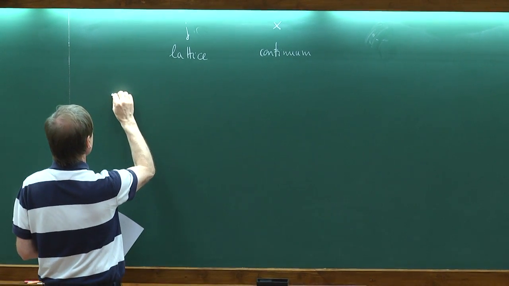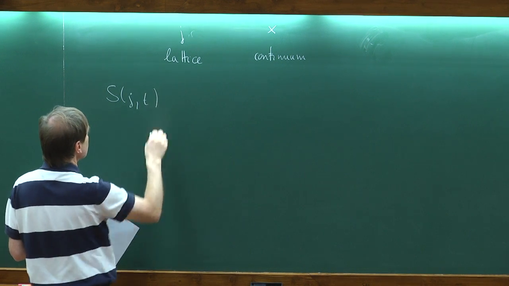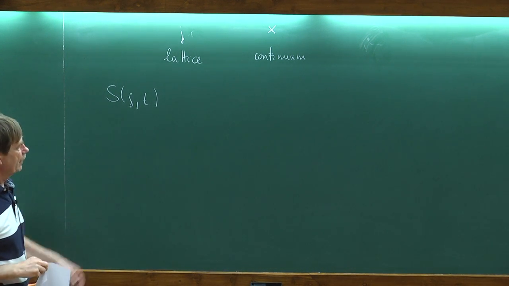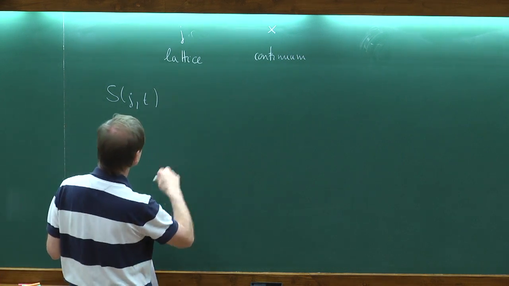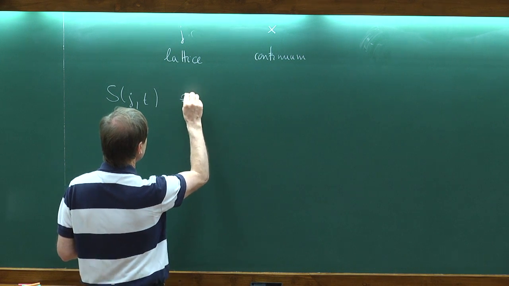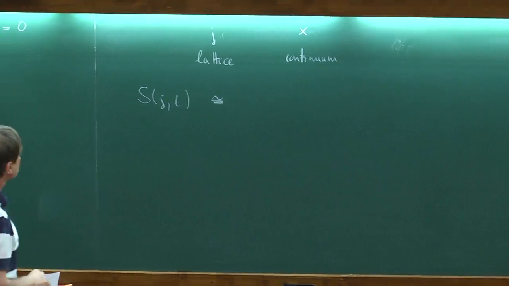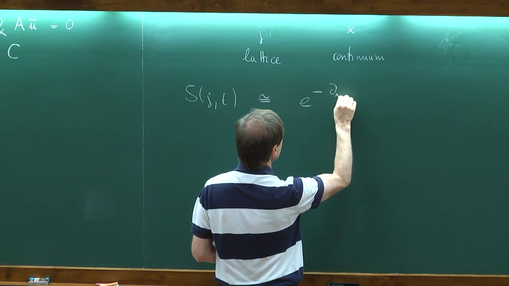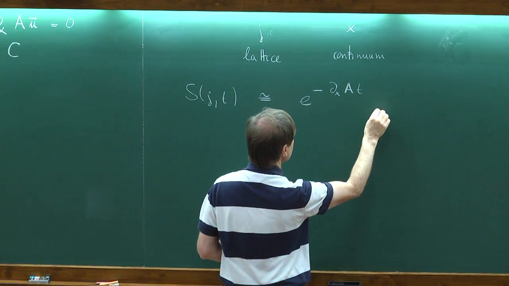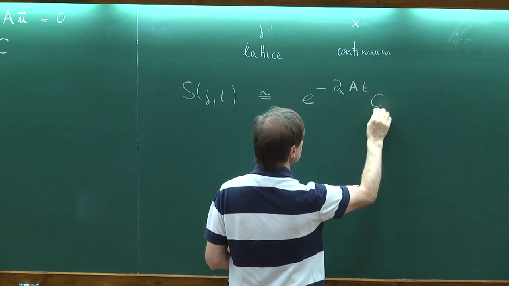So I'm switching back between two notations. This is the true microscopic 3x3 matrix of time correlations, which depend on t and on the lattice index. And in this approximation, which is definitely very crude, so I have to put an approximately equal sign, this is simply given by the solution of this equation with this initial condition. And if I solve this, you see that I get simply e to the minus dx A t. So this is a 3x3 matrix. And in order to satisfy the initial condition, I simply multiply this by C. So on that level,